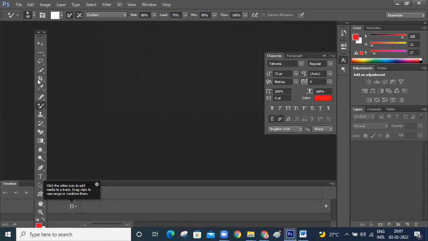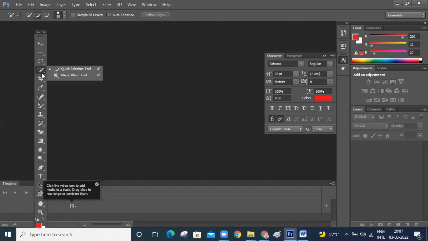Yesterday, till where we discussed here, right? Pick selection tool, magic wand tool, lasso tool, polygonal lasso tool, magnetic lasso tool, right? Shall I repeat once, or are you clear with this? No, sir. I am clear with this.